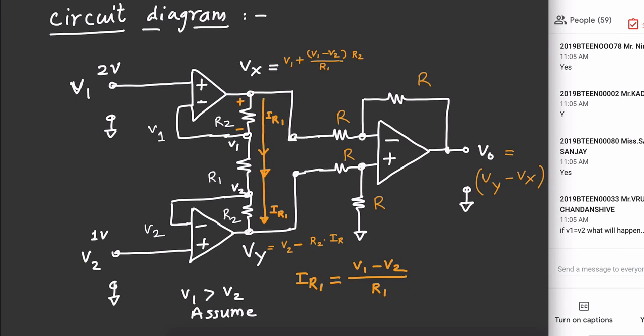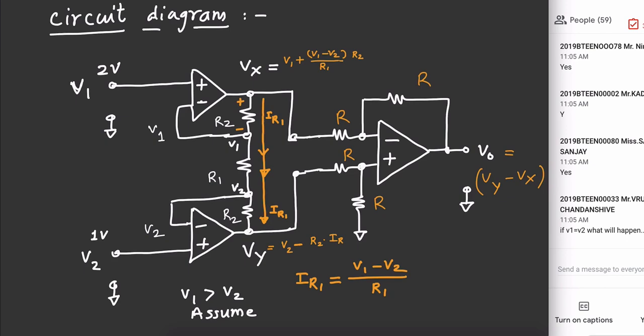Fine. If V1 and V2 are equal, then there will not be any current through R1. यहाँ current नहीं होगा. Vx and Vy will both be equal. They will be same as V1 and V2, and the output will be V2 minus V1, because anyway V1 and V2 are coming here. So V1 will be coming here, V2 will be coming here, both are equal. Suppose 2 volts, 2 volts, no drop. So no drop here also, no drop here also. So दो यहाँ आएगा, 2 will be here. So 2 and 2, the output will be 0 volt.